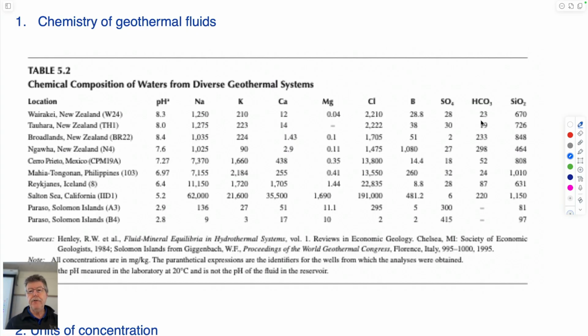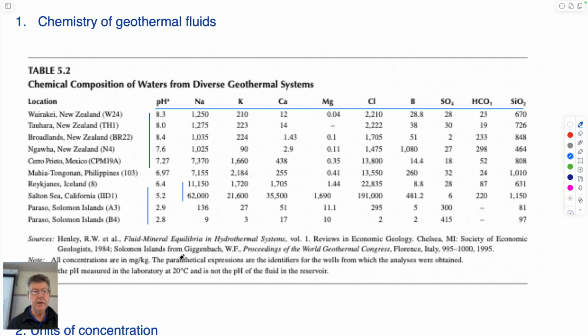So from Glassley's book, this is a table that talks about the different characteristics of the dissolved components in the waters. In terms of pHs, they tend to be largely basic. Some are acidic. But the concentrations of these fluids are pretty high. So if you look at sodium chloride, sodium, potassium, calcium, and magnesium, seawater is something like